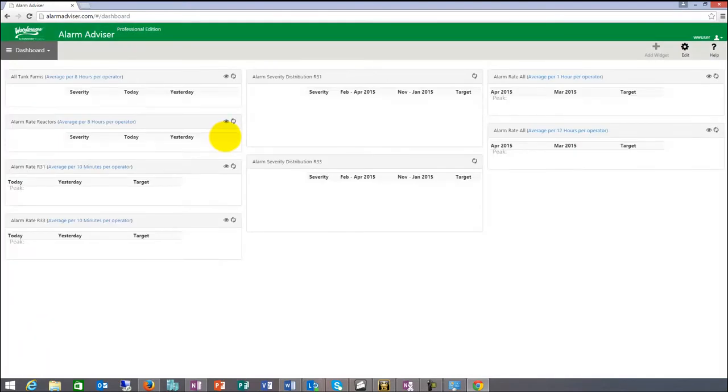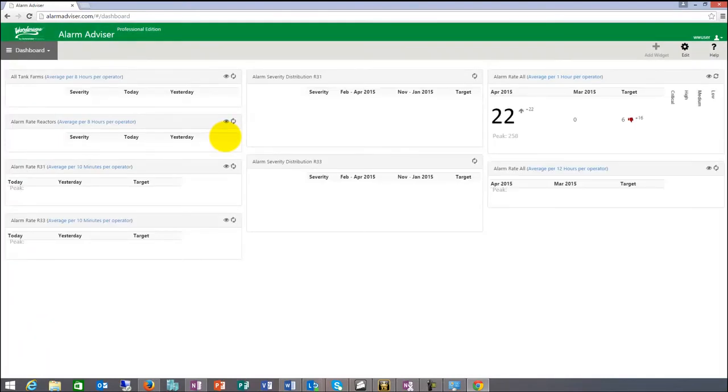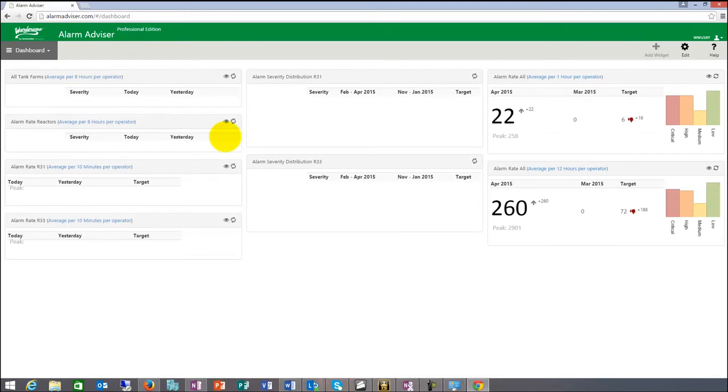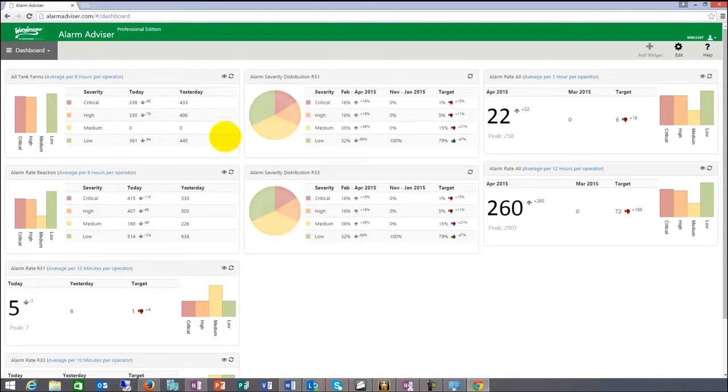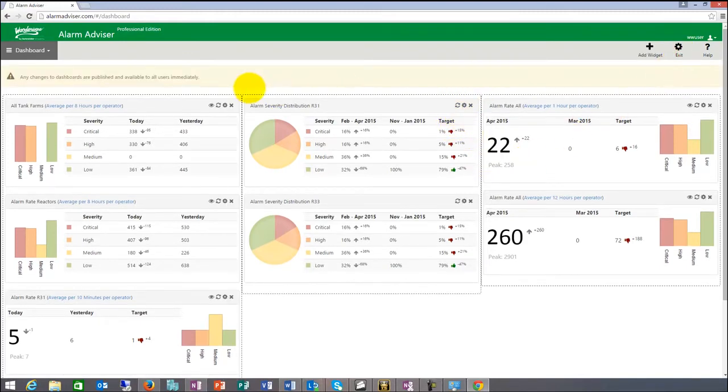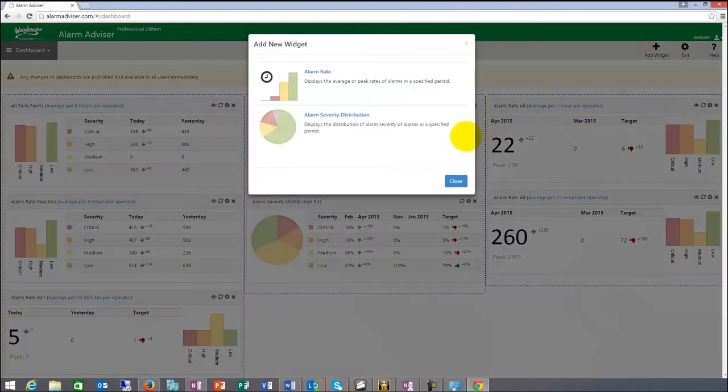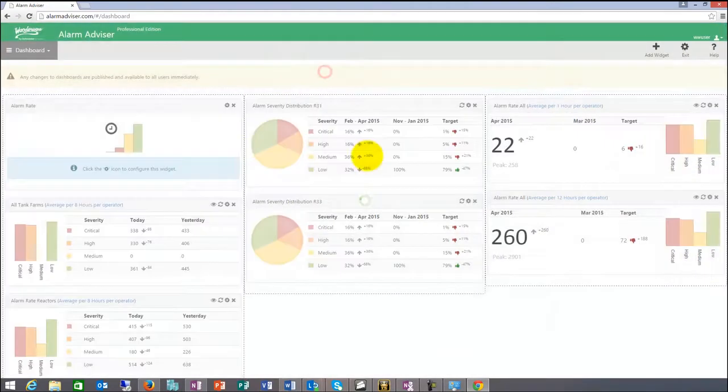The dashboard metrics can give you at a glance an overview of how the performance of your alarm subsystems is doing, and whether you're trending towards target or away from target. These dashboards can be edited, and you can add widgets to them if you want. These widgets are basically alarm rate and severity distribution. So if I want to look at the alarm rate,